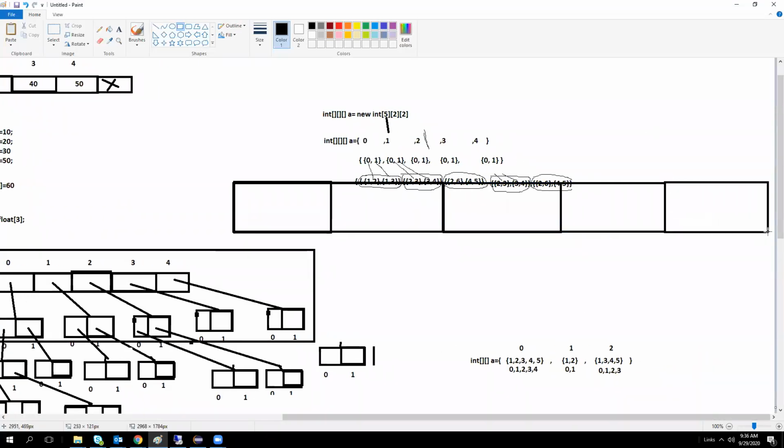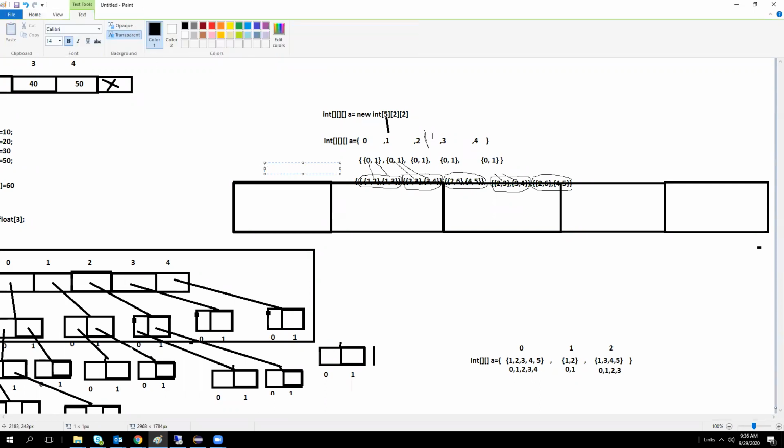Here the index is 0 to 4. Here our elements are 5, no? So that's why it will be 0 to 4. You got this point?